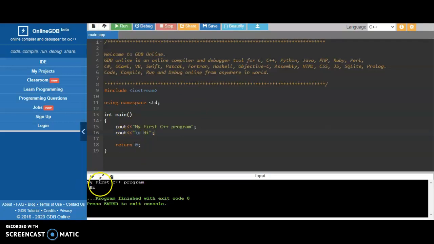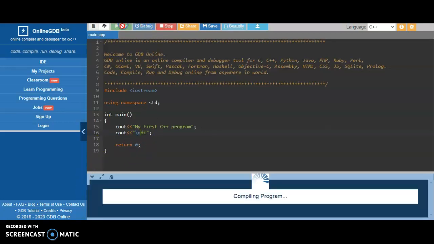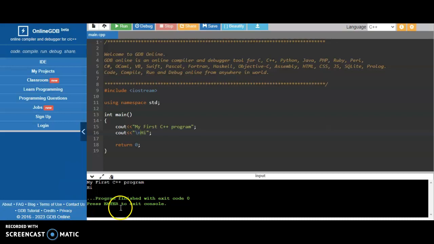Now you are able to see over here my first C++ program, and in the second line you are able to see hi. It contains certain space. Now I have removed the space. We'll run one more time. Done. So the only difference is in the online compiler, iostream and conio.h are not given